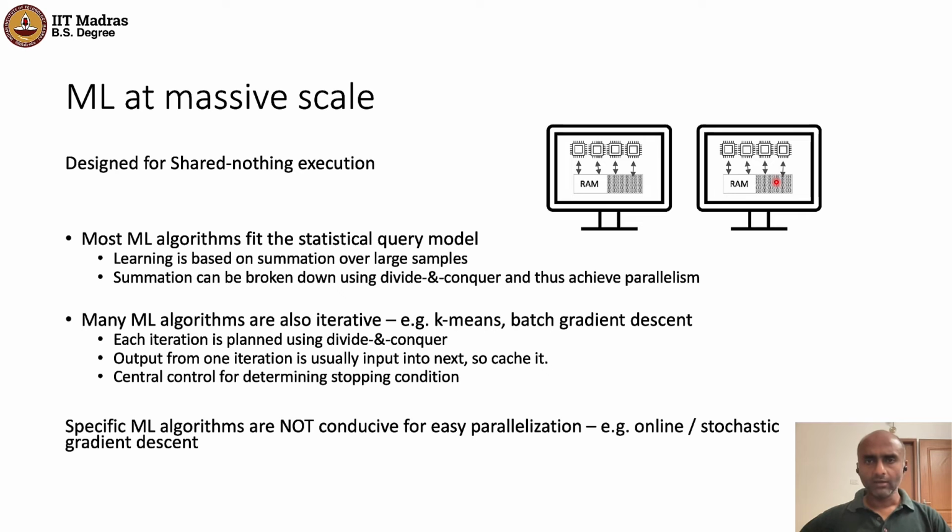So if you design your ML in such a way that you would leverage shared nothing execution, you can then scale it up to very, very large scale data processing. And that's how you truly cater to the big data need that you might have. So what kind of algorithms are conducive for the shared nothing execution, and which ones are making assumptions about shared memory accessibility? So one of the first things that was analyzed right after the MapReduce paper got published by Google